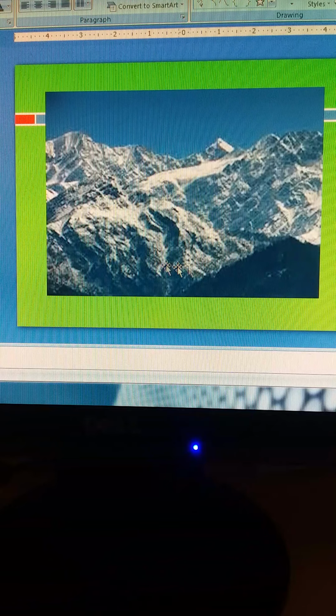This is one of the pictures of the Himalayas. You can see it is beautifully pictured. We have a lot of pictures of the Himalayas, so I have selected one for you. These are the snow-clad mountains. You can see all through the year they are covered with snow.